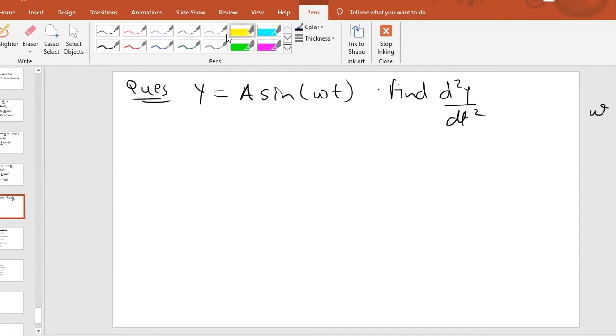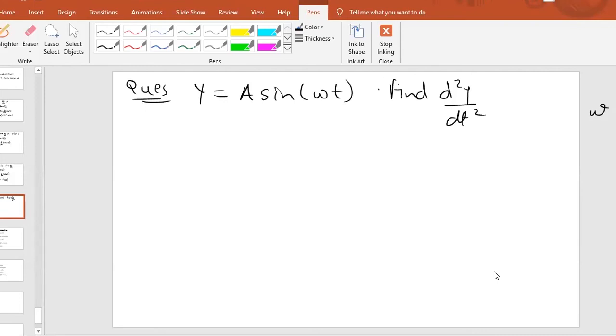This is omega. A is also constant. Omega is also constant. Both a and omega are constant. This is the equation of SHM, simple harmonic motion, where a is the amplitude of the vibration, omega is the angular velocity, t is the time. So I have taken that example. We'll study SHM in the NCERT second part.